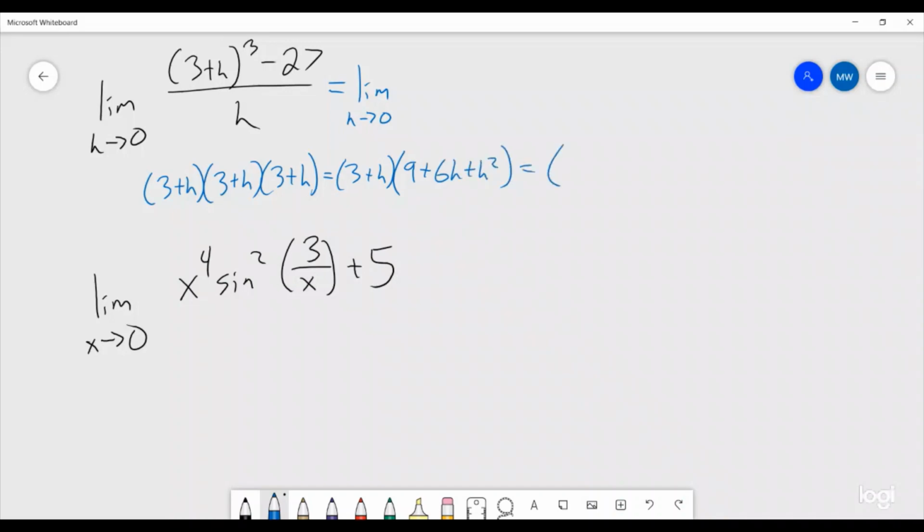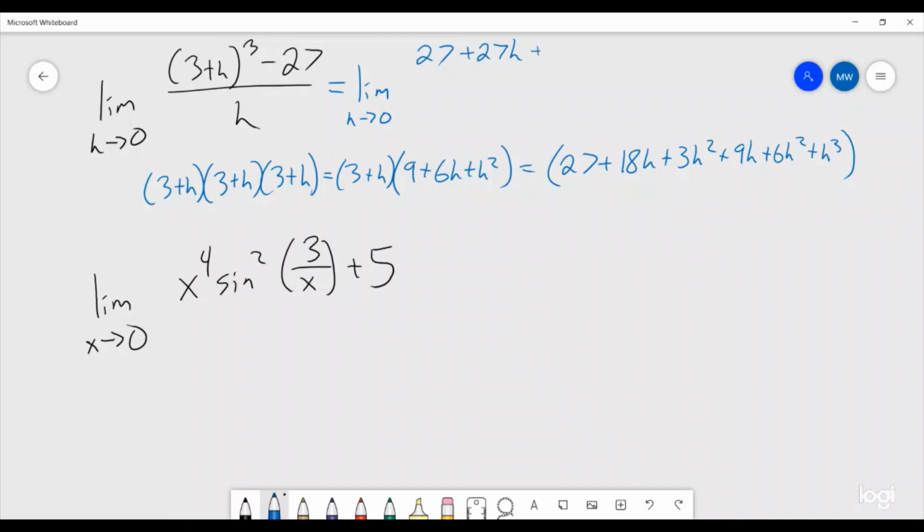So expanding that will give us 27 plus 18h plus 3h squared plus 9h plus 6h squared plus h cubed. So expanding all of that together, that gives us a 27 plus 27h